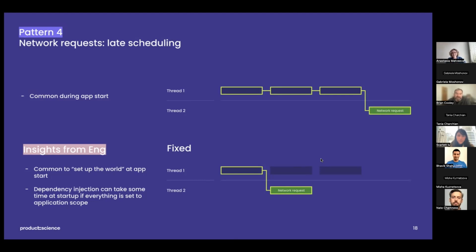So one of the interesting things about looking at traces around app starts, which is obviously very important to everyone, the first thing the user sees, is that we start seeing these really long app starts where all kinds of work is being done. What we discovered is that it's very common. We're using a lot of libraries in apps these days. It could be analytics libraries or some kind of authentication or maybe crash reporting, all these different things that tell you, hey, do this initialization in your app on create. And that's fine. But